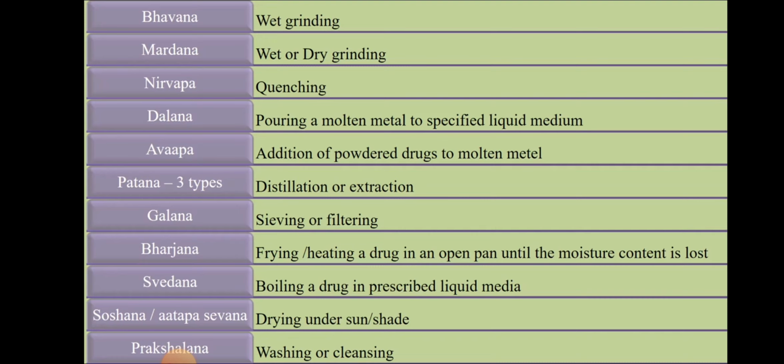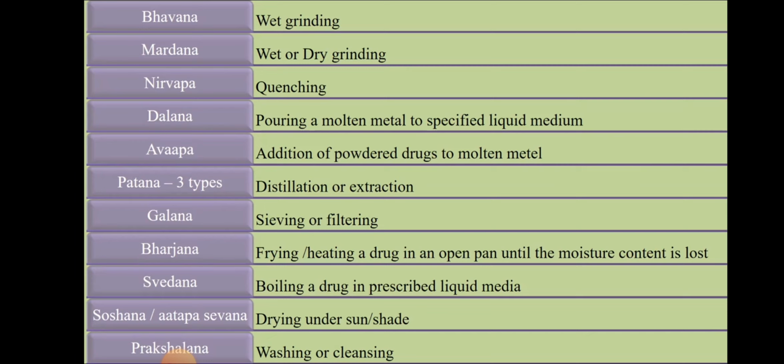Next is Bharjana. Bharjana is frying or heating a drug in an open pan until the complete moisture content is lost. Examples are Kasisa as well as Tankana. Tankana Pannochiladaha Shuddhi. Next is Svedana. Boiling a drug in a prescribed liquid medium is known as Svedana. There are many examples like Haritala: Svinnam Kushmanda Toyeva, Tilakshara Jaliyaviva, Toyeva Churna Samyukte, Tola Yendrena Shuddhati. Gandhaka can also be purified by the Svedana process, and Gauri Pashana is purified by Svedana too.